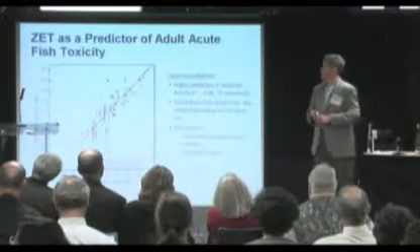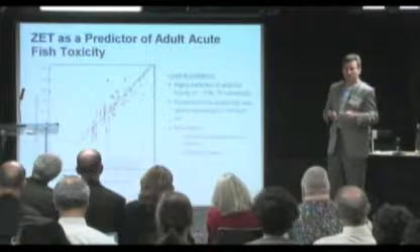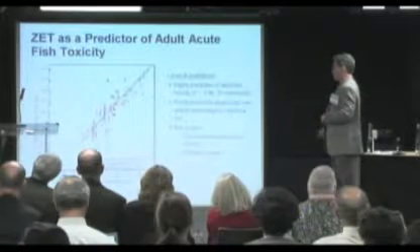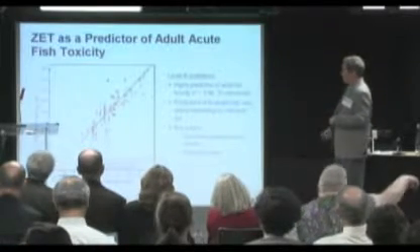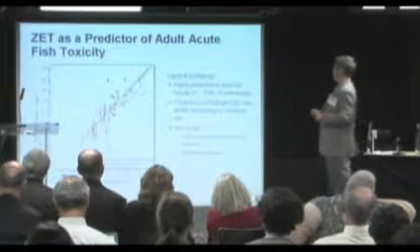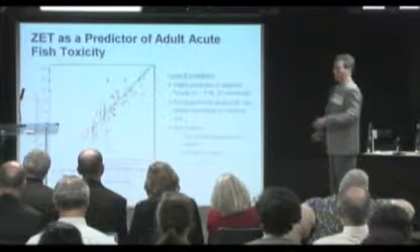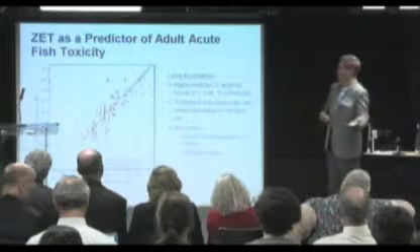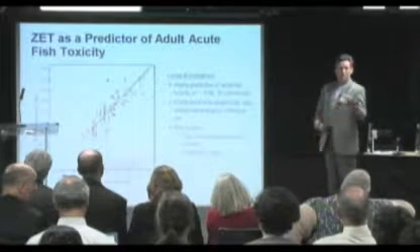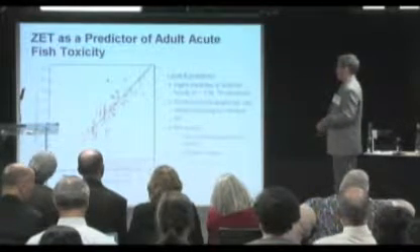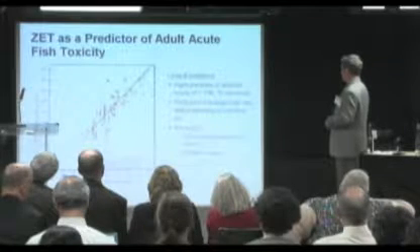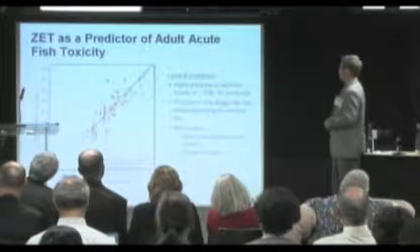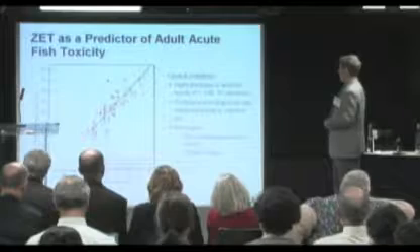So one of our first projects we're doing with some of our R&D folks is, again, more of a substitution kind of thing, where the issue is acute toxicity to fish. This is not our work, but a paper by Lammer et al., where they're comparing a simple thing: using the zebrafish embryo test as a predictor of adult toxicity to fish. And you can see that the correlations are quite good, 0.86 over 70 chemicals.